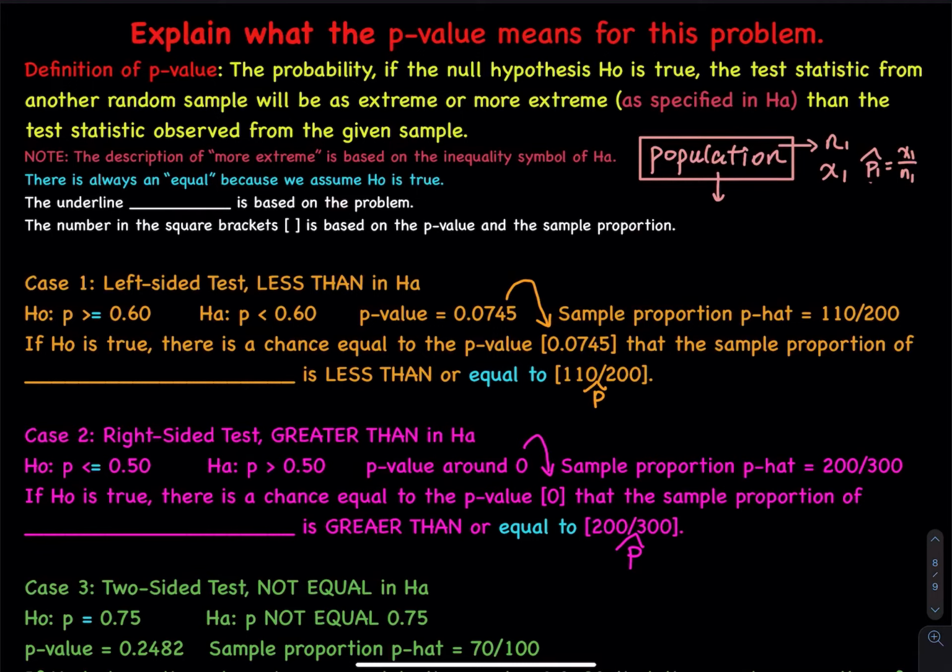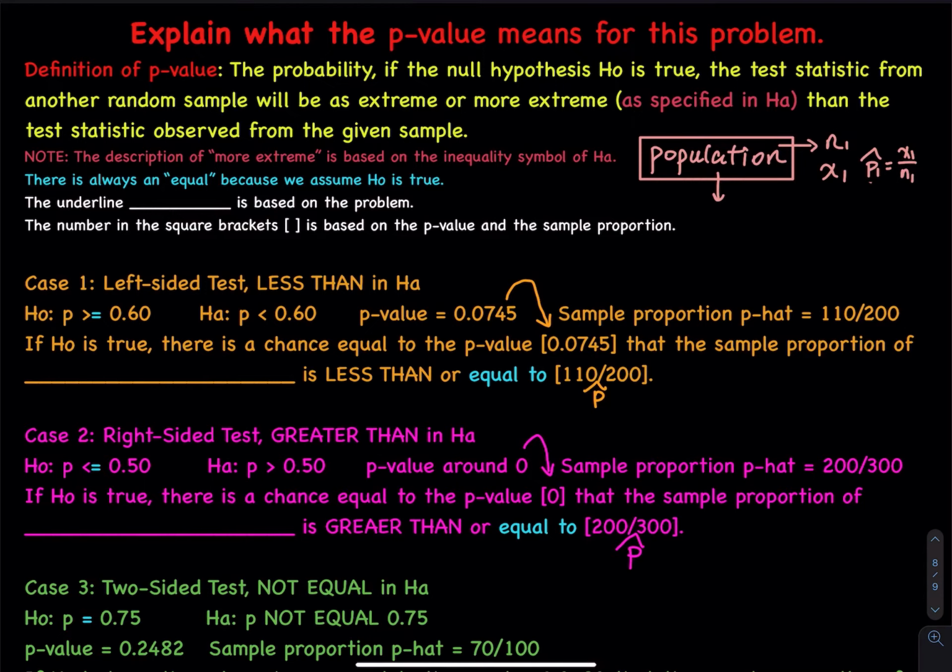When you conduct hypothesis tests following the Z procedure, T procedure, or proportion, you often have to answer this question: explain what the p-value means for this problem. The definition of p-value is the probability that, if the null hypothesis H0 is true, the test statistic from another random sample will be as extreme or more extreme, as specified in HA, than the test statistic observed from the given